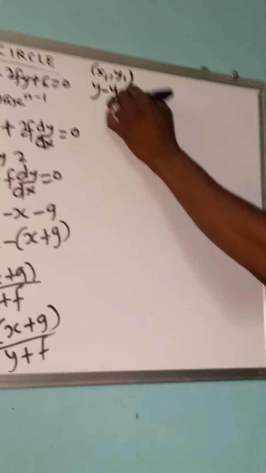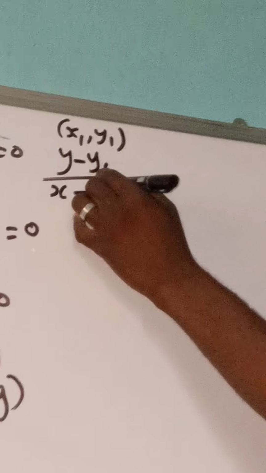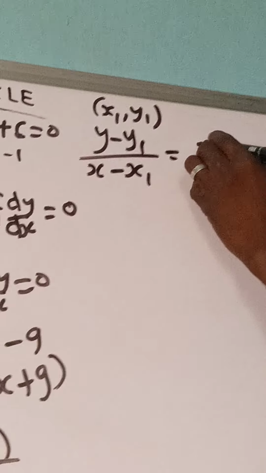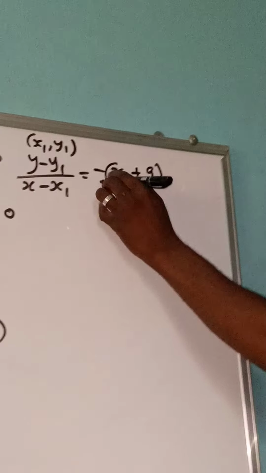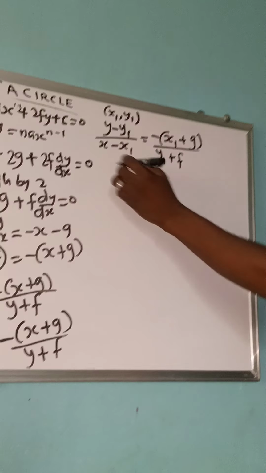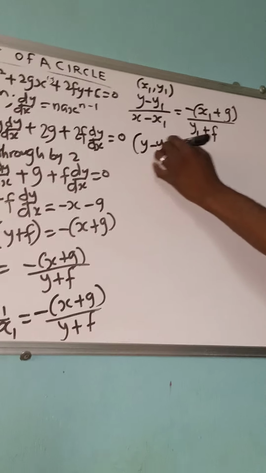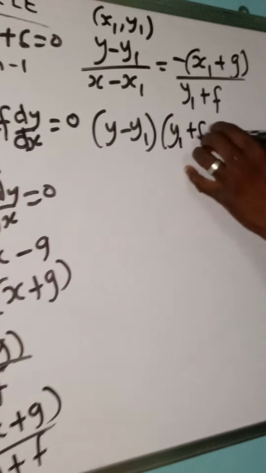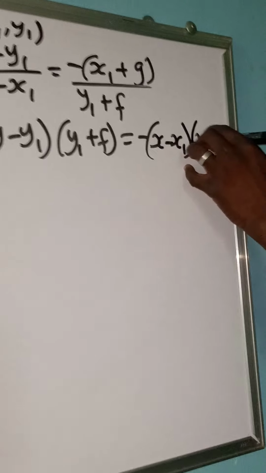So I have (y minus y1) over (x minus x1) is equal to minus (x1 plus g) over (y1 plus f). So you cross multiply: (y minus y1) into (y1 plus f) is equal to minus (x minus x1) times